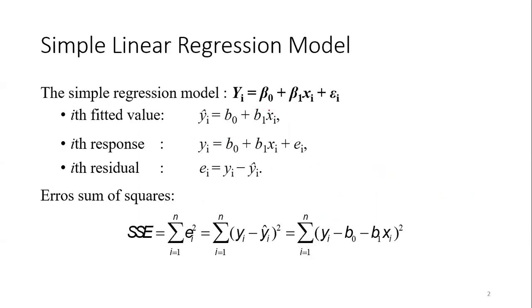So let's remember, this is the population regression line, right? Beta 0 plus beta 1 xi plus epsilon i. So any observation that you have is equal to the mean. Remember, this was the mean, right? This is the constant mu given xi, and plus the error term. Remember, this was the error term which is normally distributed with mean 0 and variance sigma